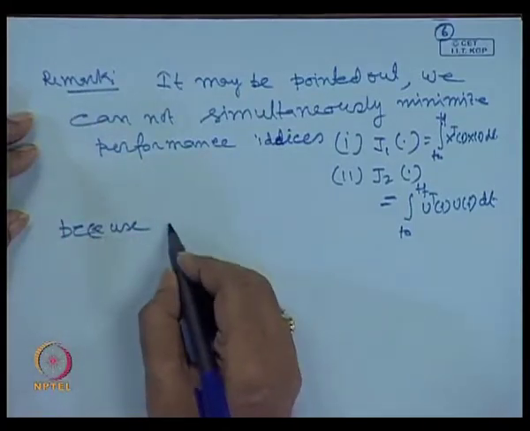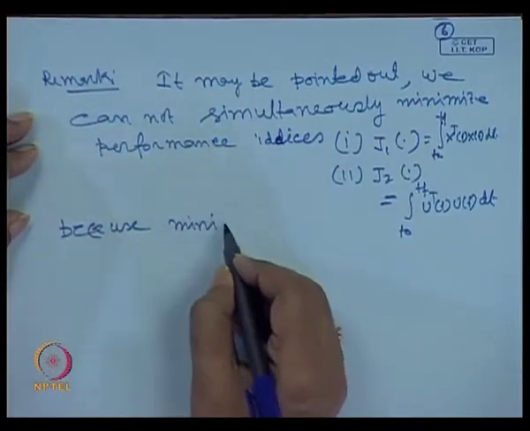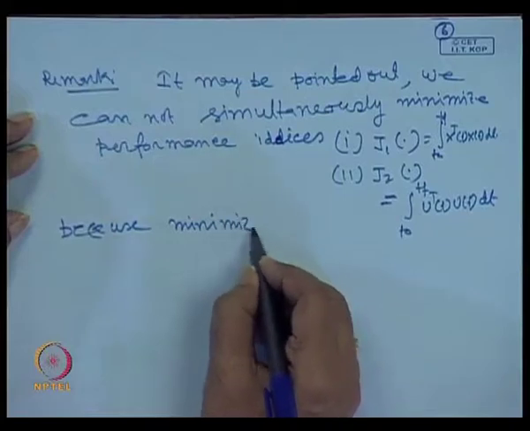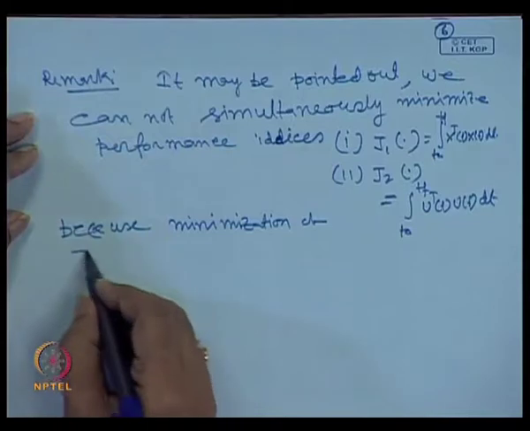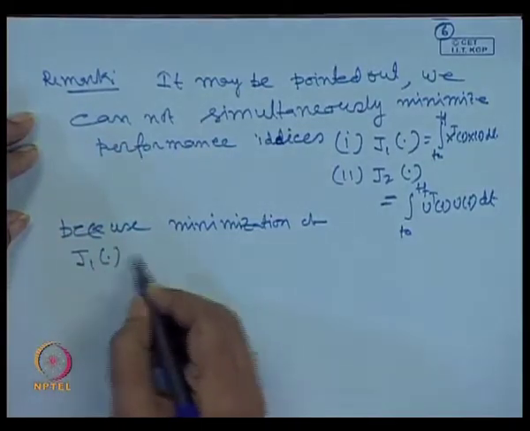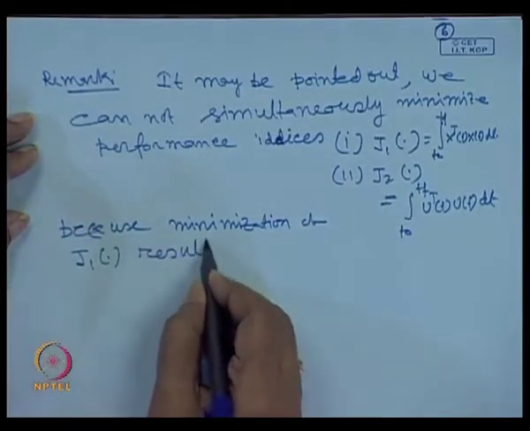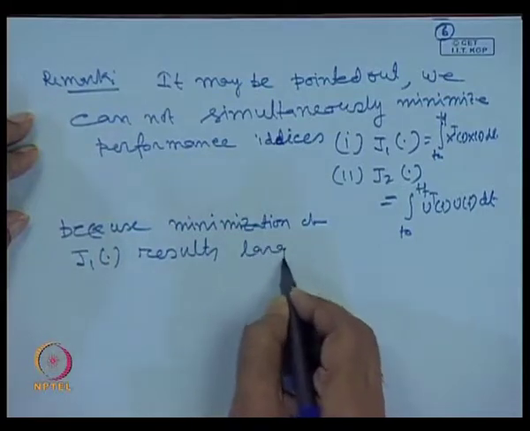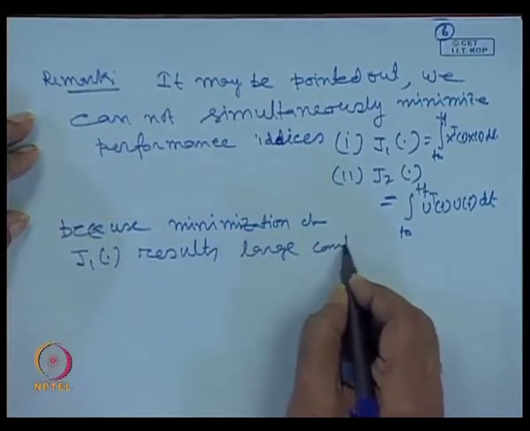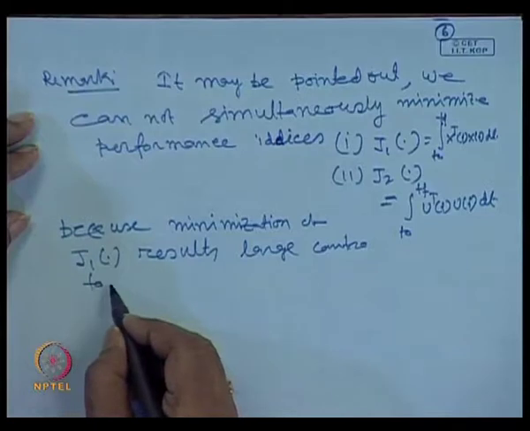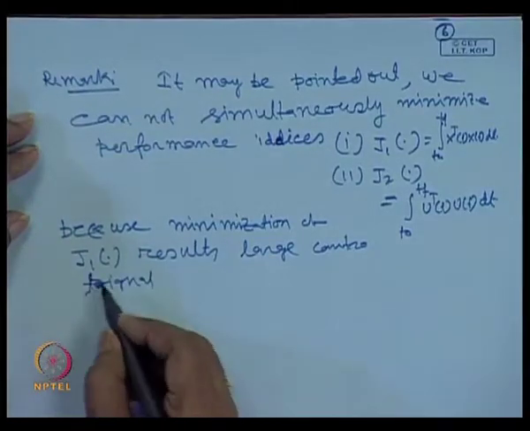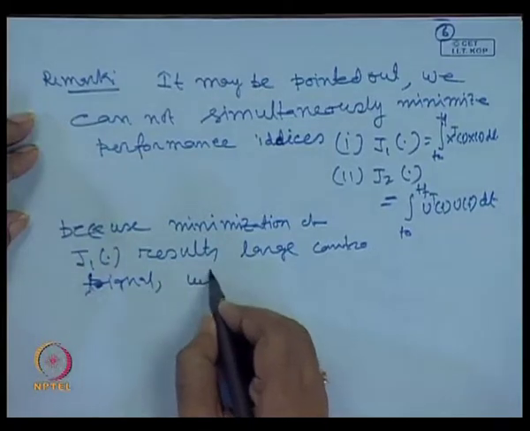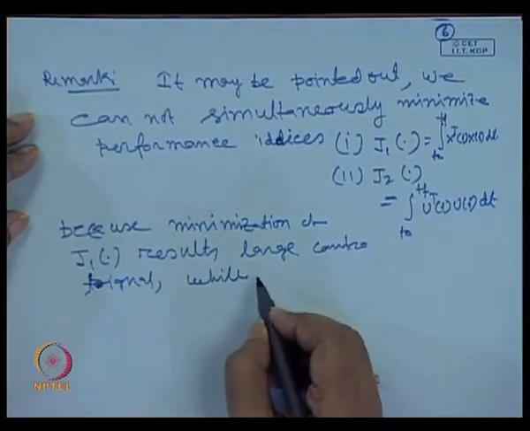Because the minimization of J1 results in large control effort or control signal,